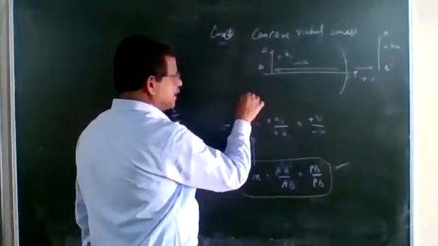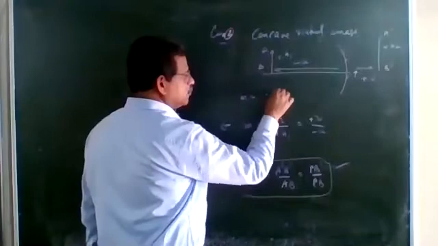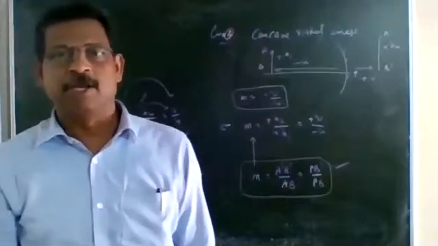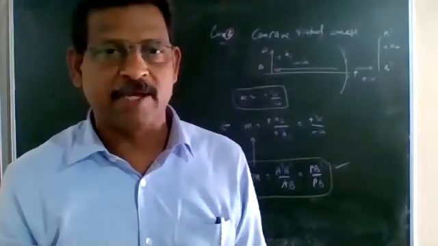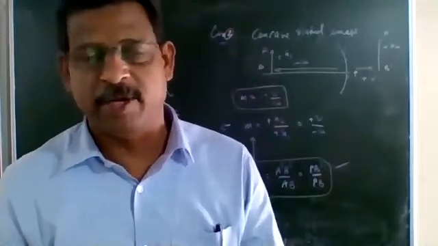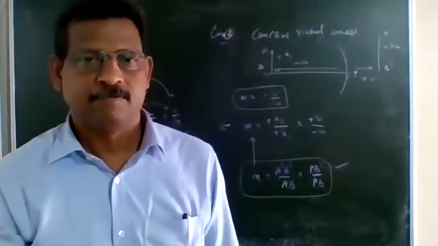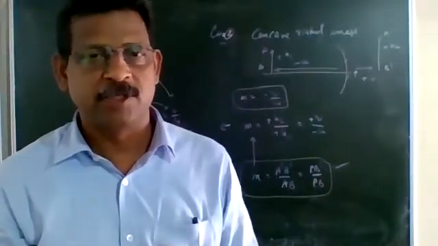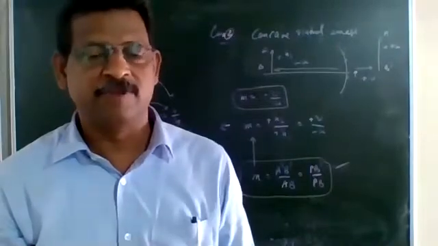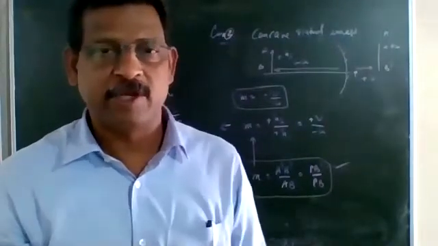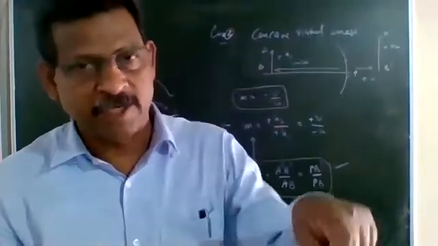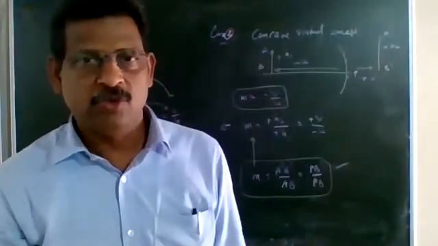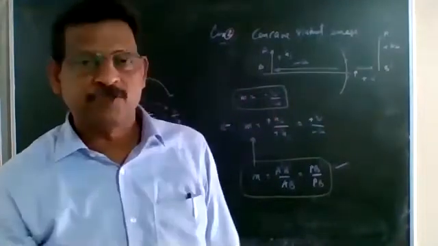Again, we are getting the equation. M is related to V by U, M is equal to minus V by U. So whether we are using real image or virtual image, the equation for magnification is M is equal to minus V by U. And when you substitute numerical values, you have to substitute with the sign convention, as per the sign convention we have already seen. The numerical value with the sign is to be introduced in all these equations. So case 2, concave virtual image, again M is equal to minus V by U.